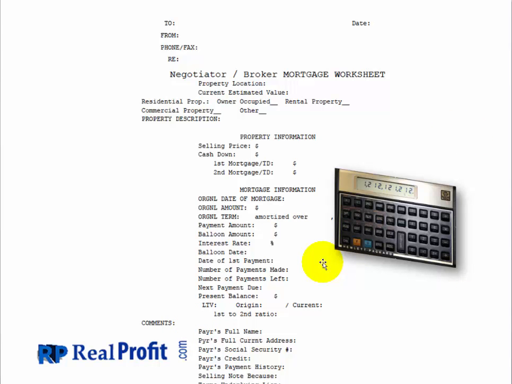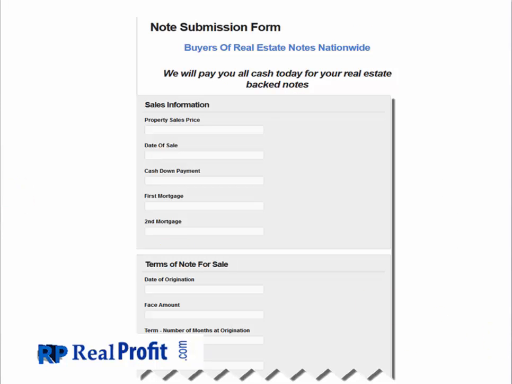Now, that's what it used to be like in the old days. In the new days, sometimes it gets a little bit simpler. Boom, you just scurry up to the note submission form online. We've got them. That's how you can submit your notes if you're submitting them to us. If you're submitting to someone else, and we teach you how to find those people, it's the same thing. You can write out the worksheet if you want that we were just looking at, or you can input the information and you press submit, and it all comes out in an email, and it's all tallied and organized. This is what people need to know to get a look at the deal. Now, there will be what we call due diligence.